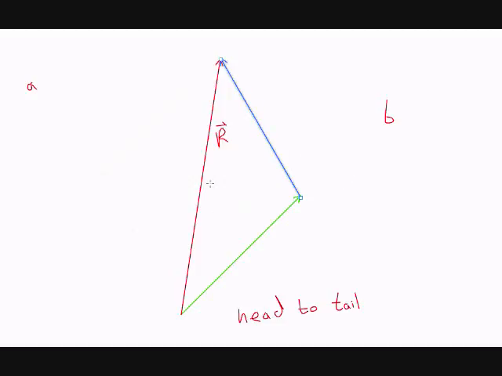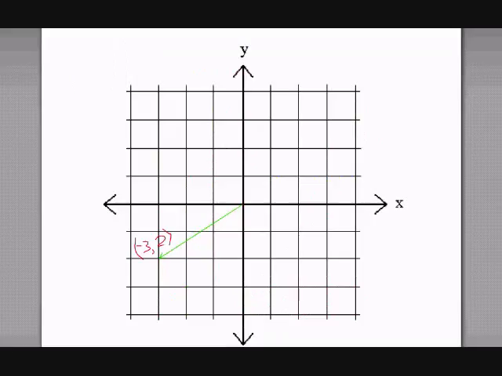So this means that you can reverse the order of your addition. Order does not matter for your addition of vectors. You can go A plus B plus C, or C plus A plus B. They're all going to give you the same resultant. Okay, great. Now, the next one I want to do is take a look back at our green lonely vector